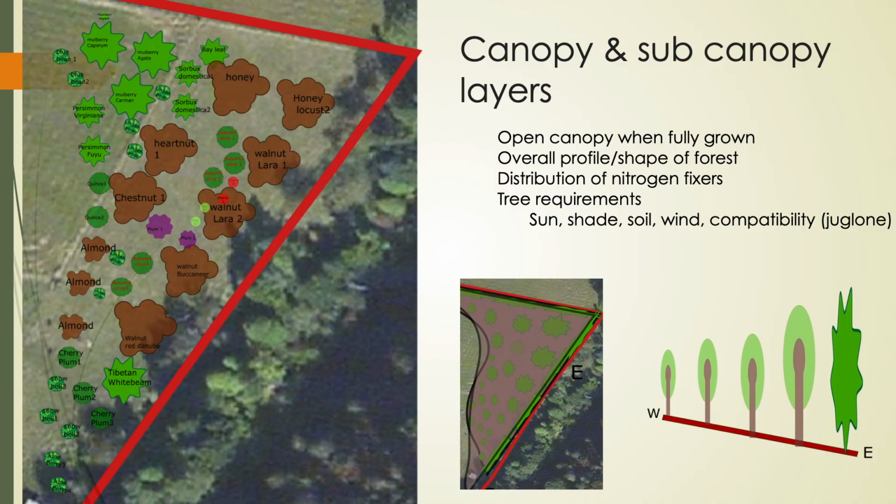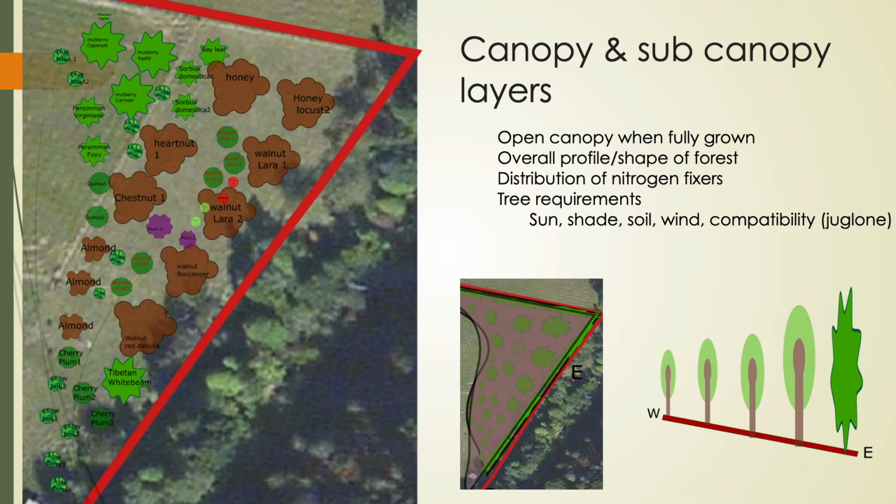So having considered a windbreak, the next thing we wanted to look at was the canopy layer and sub-canopy layers. And, being Scotland, although we do get a lot of sunshine in the summer, it's still not as much as some of the lower levels might need. So we wanted an open canopy layer. So once everything's fully grown, it still won't be a closed canopy because we want light to penetrate down through